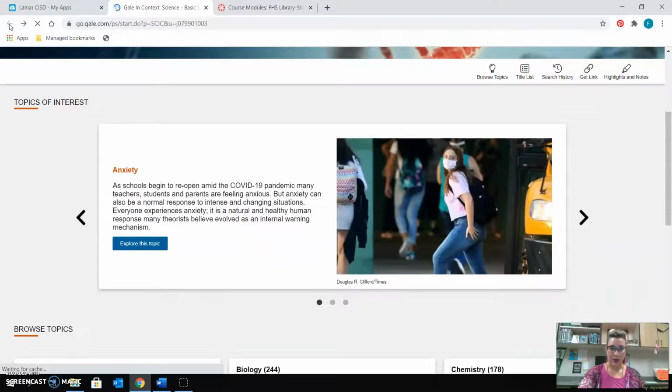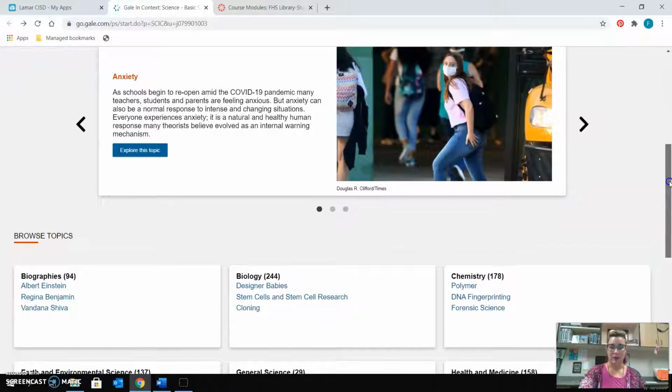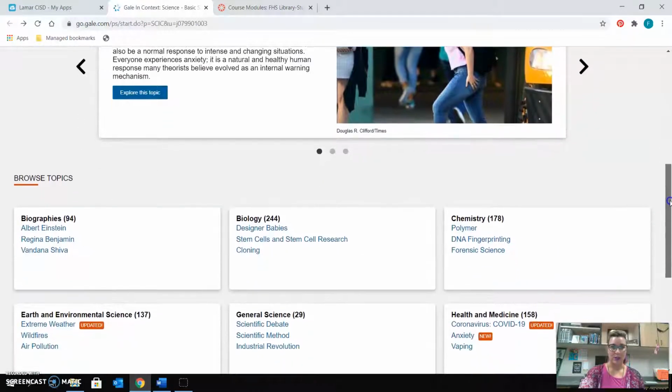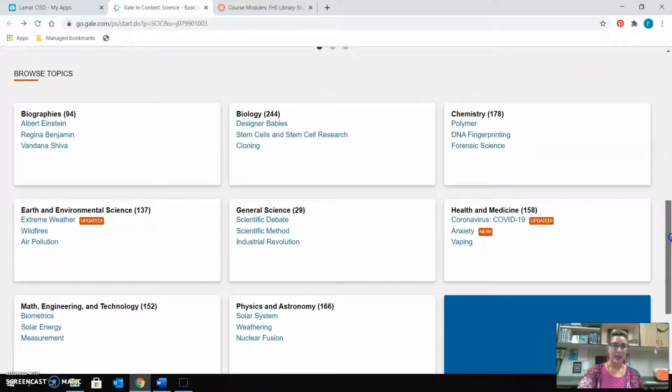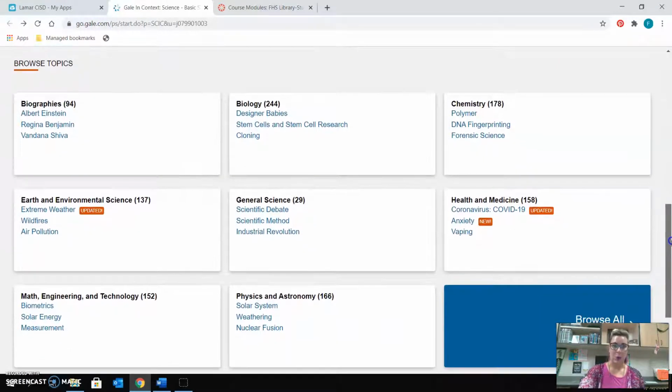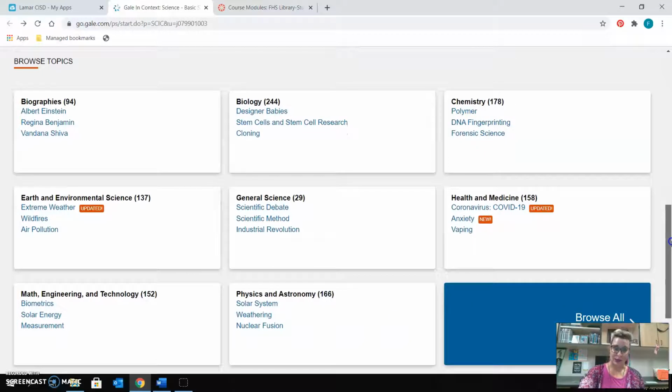All right, back to our home page. You also see on each of the database home pages that you have an area to browse topics. And in each browse topic area, there are going to be 8 major categories. You see here we have biology and chemistry, health and medicine, general science, etc. And you can click on any of those